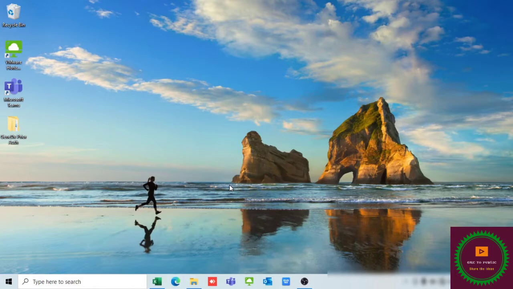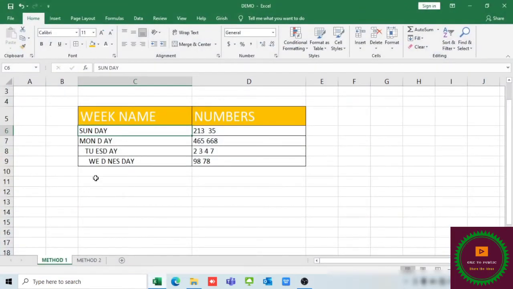So let us open the spreadsheet, Excel. I have taken the weekday names in the first column, and in the second column I have taken numbers. As you see, I have taken Sunday, but I've given a space within it. Monday, I've given a space after it, and Tuesday, Wednesday. If we combine all this, we get one word, so there is no problem. And in the second column, the numbers, if you remove the spaces between them, there will not be an issue.